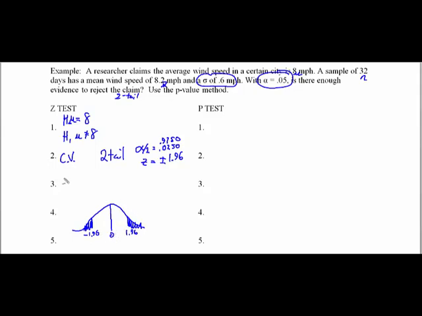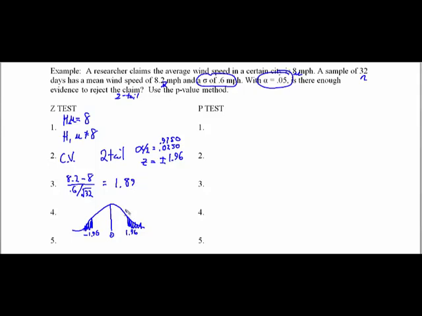So if we run our test value here, our test value will be 8.2 subtract our 8 divided by, in this case, the standard deviation, which is 0.6, divided by the square root of the sample size, which is 32. So if we find that this is inside any of the shaded zones, then we're going to reject the null hypothesis. If we find it's not in the shaded zone, if it's in the white space, then we will not reject the null hypothesis. So we do the calculations, and we type that into the calculator, and we find out it's